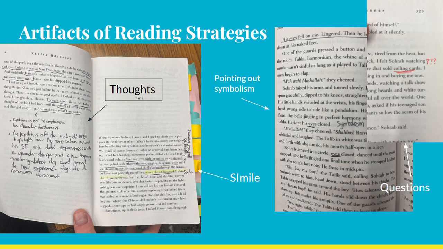And of course, in the second chapter, I pointed out a simile. I could have explained more what that simile really means, but besides a comparison, it's really to deepen the author's message and text of the book. And then on the right side, we have the symbolism of eyes, and then the